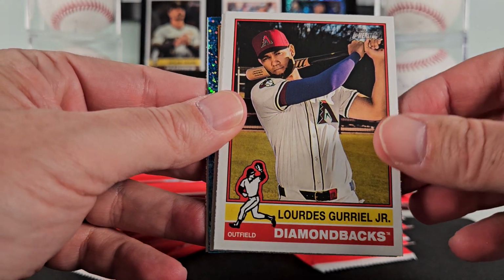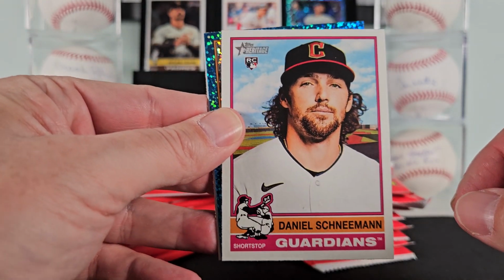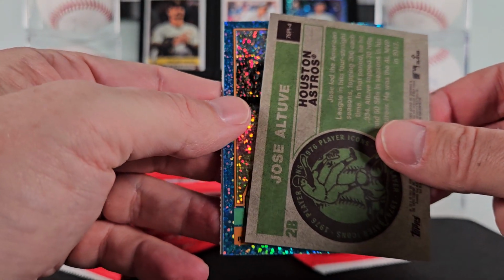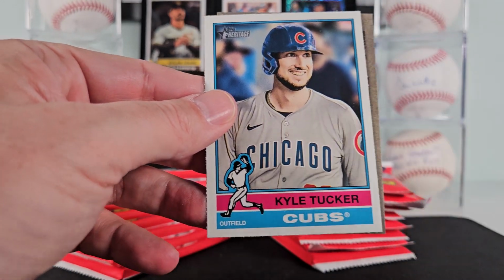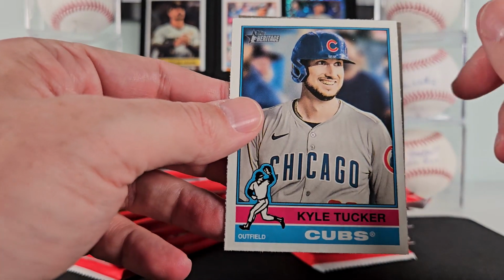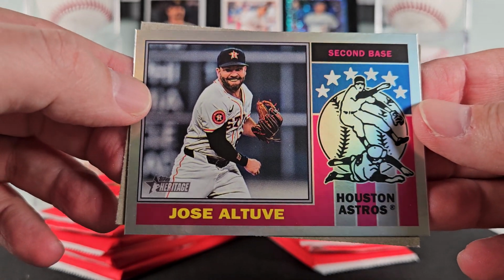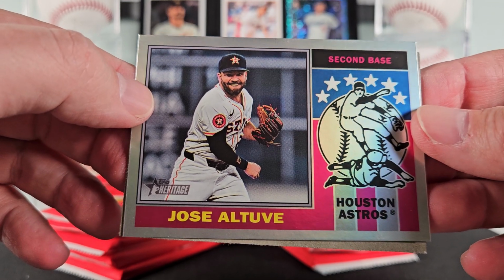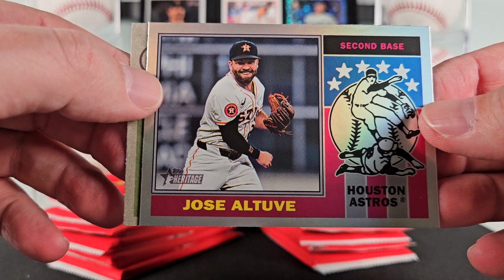Waldrep, Wagman. All right, so this is your Birdsong. Birdsong? No, this is not your Birdsong. Sorry, another mini diamond. But this is your relic, I believe. This is, I think, what they call the relic. There's debate on this, so we'll find out if we actually get a relic or we get an auto. Jose Altuve. But this one actually is